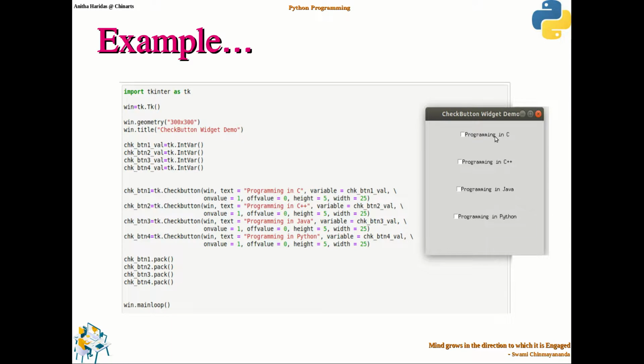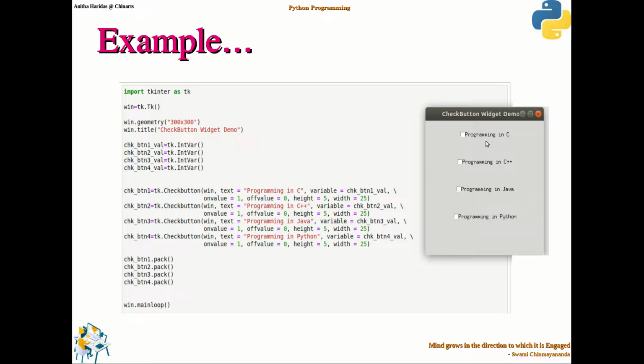And whenever you are going to check and uncheck the checkbox, you have to maintain a value, right? So when you check it, it becomes 1. When you uncheck it, it becomes 0. Yes or no? The thing is, for each checkbox, when you click and unclick it, a value will be changing.